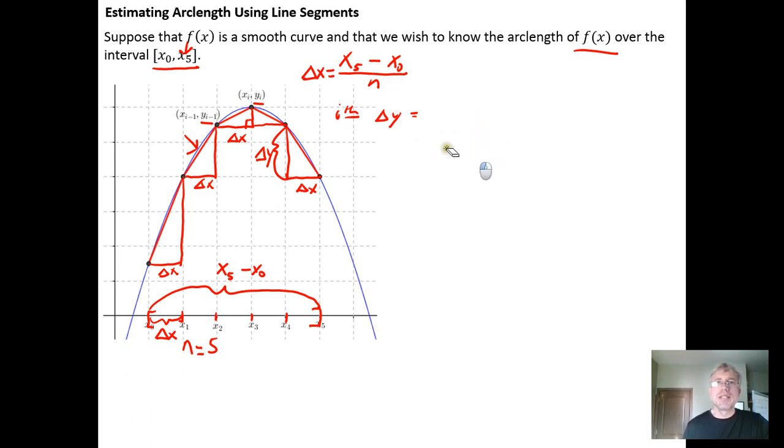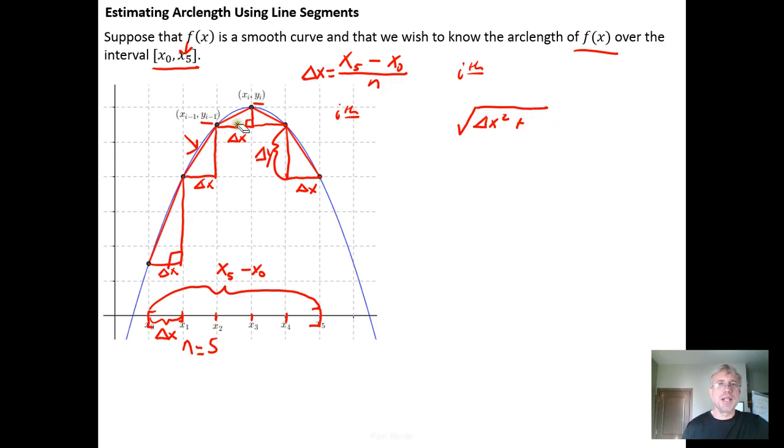So the idea here is that for each of these right triangles, we could actually calculate the length of the line segment by using the Pythagorean theorem. We know that the hypotenuse of a right triangle is equal to the sum of the squares of the legs of the right triangle. And so for the ith line segment, the length of that line segment is just going to be, from the Pythagorean theorem, the square root of the delta x squared plus,